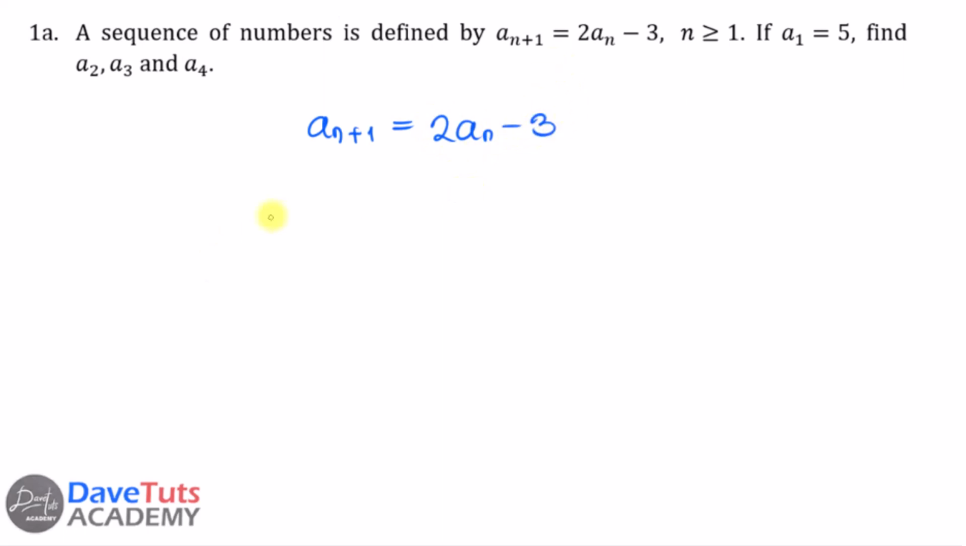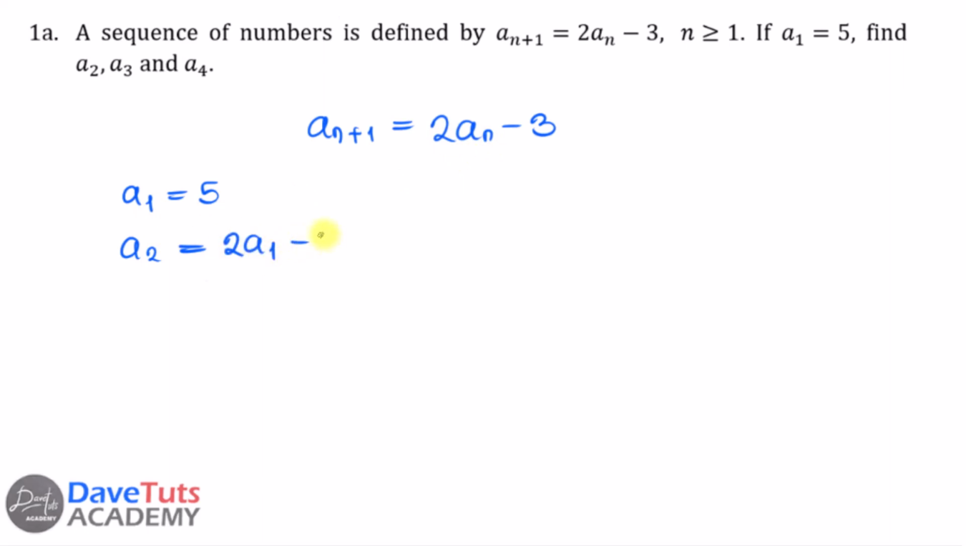Then if you look at it, we are already supplied with the value of a1, that it is 5. So if we want to use that in this equation, we can get a2. In this case, a2 will be, now that n is 1, we are adding another 1 to it. That is what is giving us a2. So if we have 2a(n), then n is 1. So we have